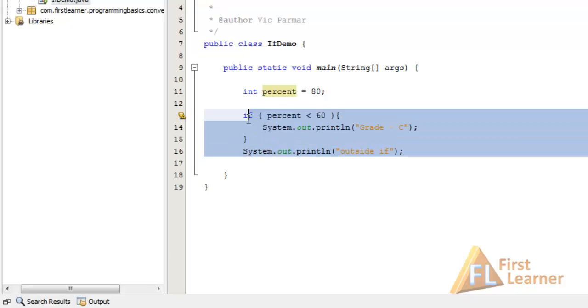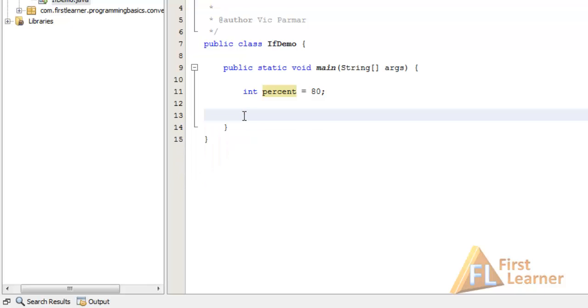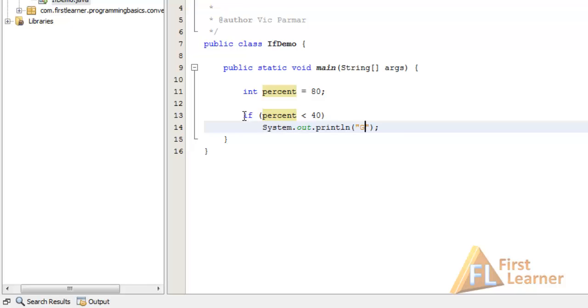There is an if else ladder. Let's see that. If percent is less than 40, let's give it a grade D,